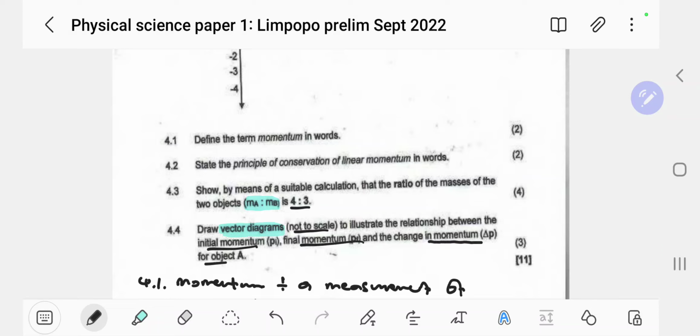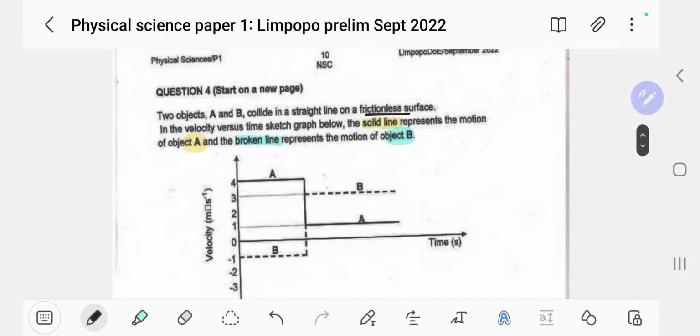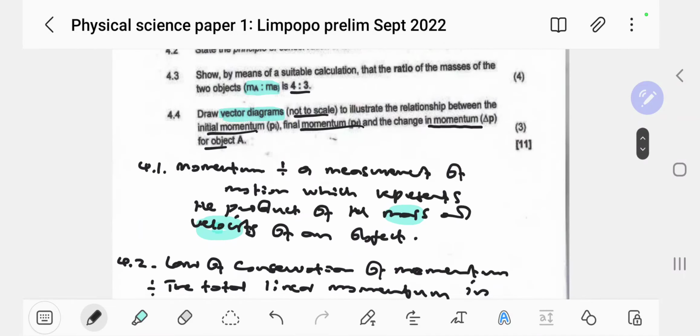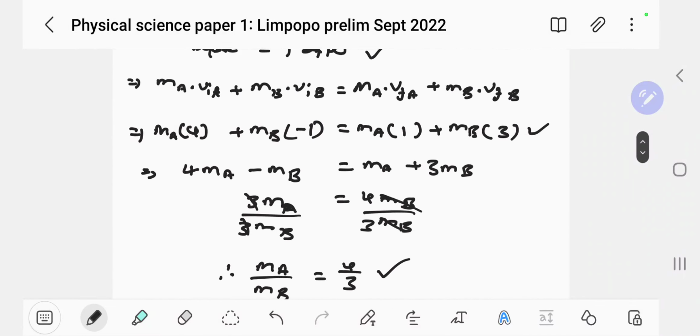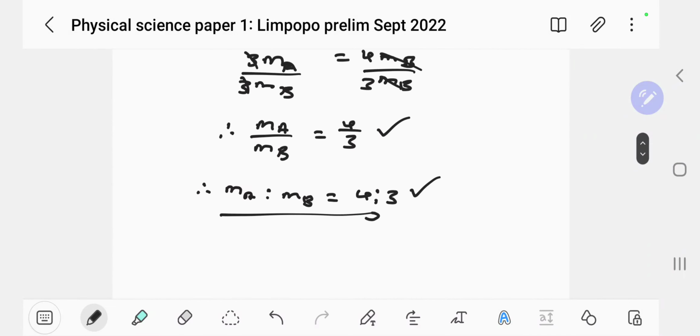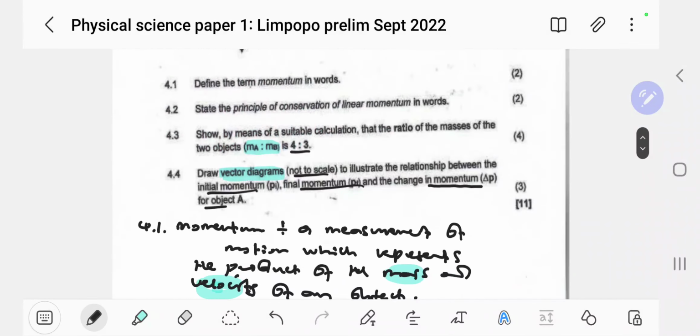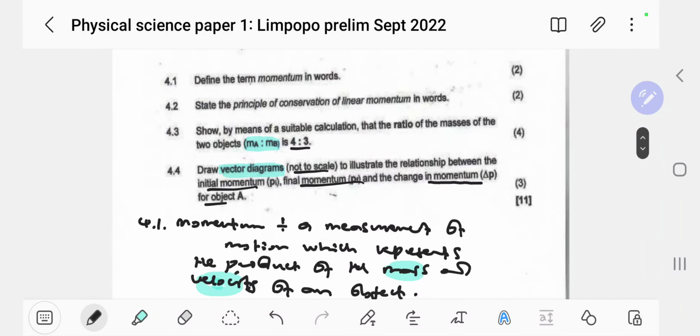So we're going to look at object A, okay? As you can see, the initial momentum was quite big, right? And then the final momentum is small, isn't it? Because the velocity is actually the driving force, because the mass is constant. And then we want the change, which is what happened in between. All right, guys, so this is pretty easy. I mean, if you've done mathematics here, it's gonna be a walk in a park.